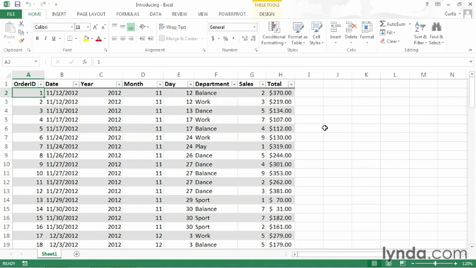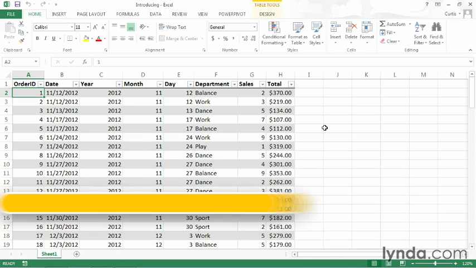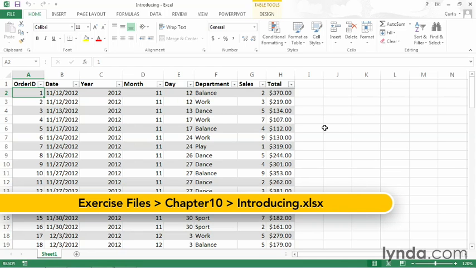When you create formulas to summarize values in Power Pivot for Excel 2013, you use the Data Analysis Expressions language, which is called DAX. In this movie, I will give you a quick look at how the DAX language operates. I will use the Introducing sample file, which you can find in the Chapter 10 folder of your exercise files